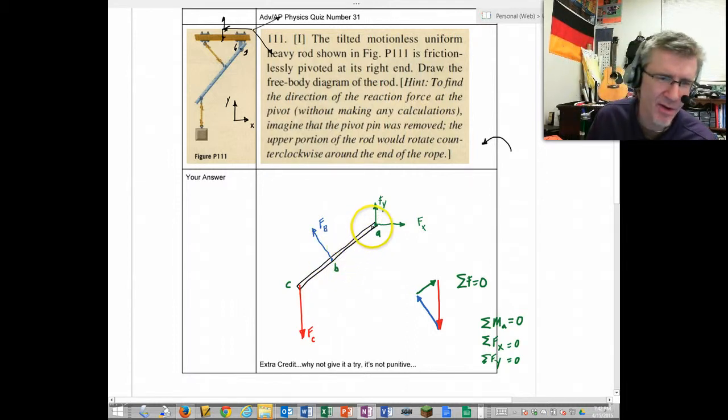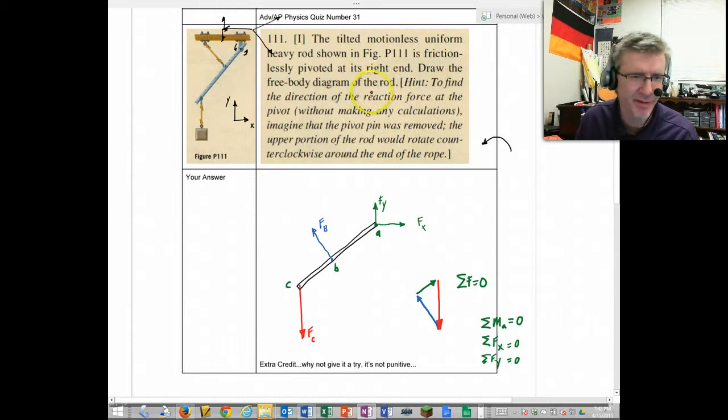Okay, so that was quiz number 31. Kind of easy, but I wanted to give an example of that, that three forces on a single body